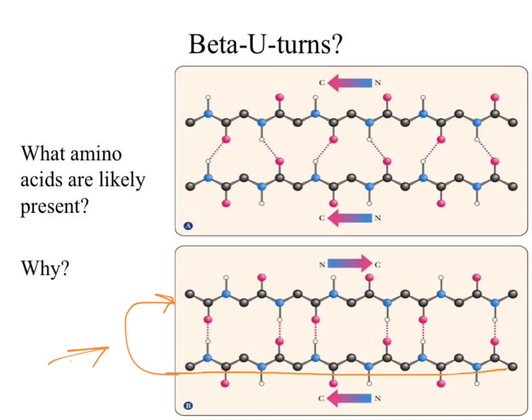How much space are you seeing in these U-turn positions? Not much at all. So what amino acids might we find there? Glycine, alanine, the tiny ones. Would we expect to see big ones there? Probably not, because they'll start to sterically bump into each other, which is going to prevent it from folding back